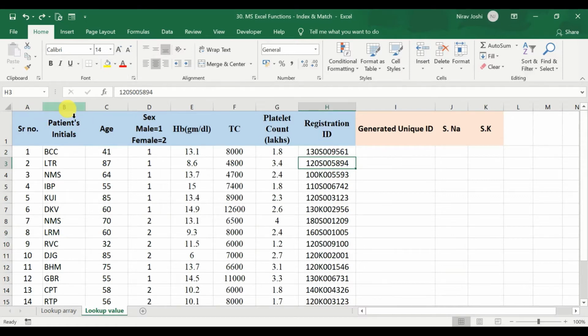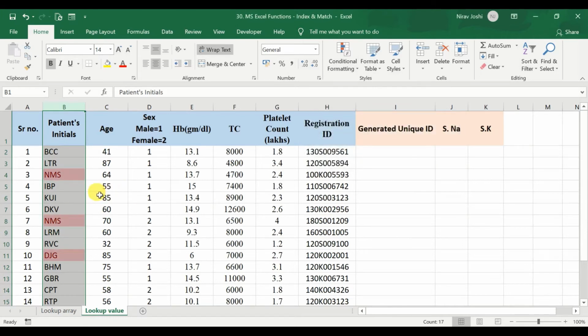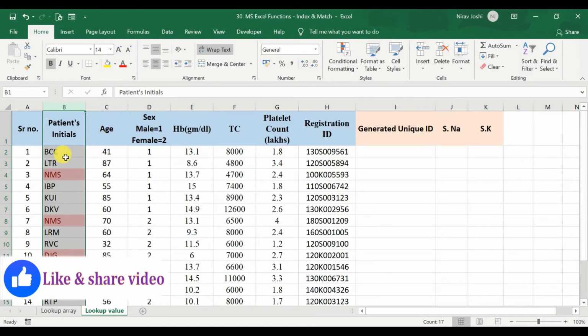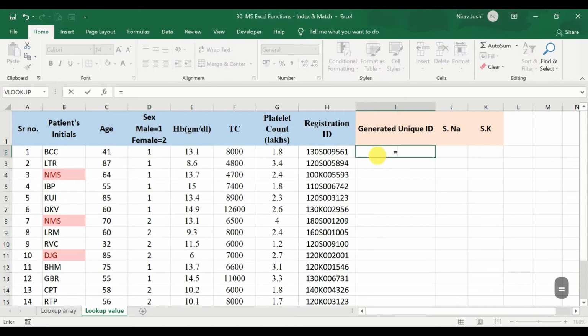So you would be saying that we may also match based on the patient's initials. But what happens is that they may have duplicate values. It may also occur with the name of the patient, the age of the patient or the sex of the patient, which obviously would have multiple duplicates. So we need to have some unique ID. You may also generate this kind of unique ID by combining various values. For example, we may combine the patient's initial with their age and sex, which are least likely to get duplicated even in a large data set. So we may do it like this: take this first one, use this operator